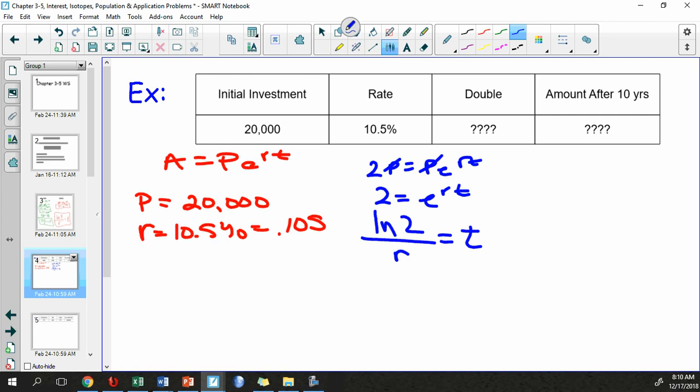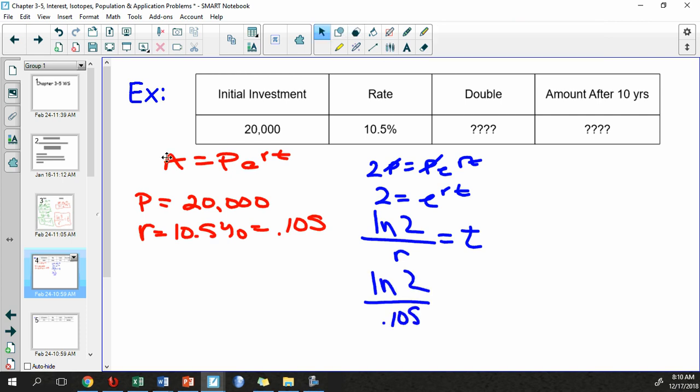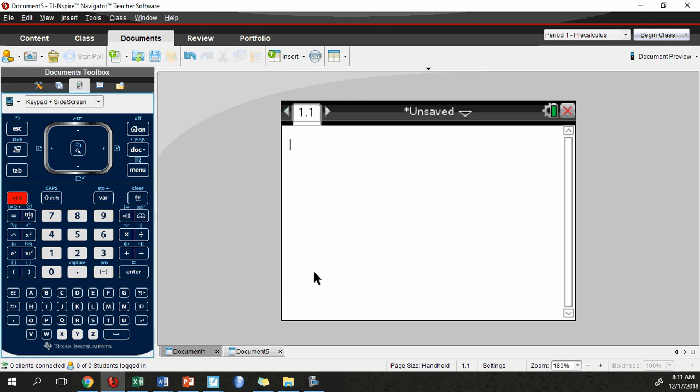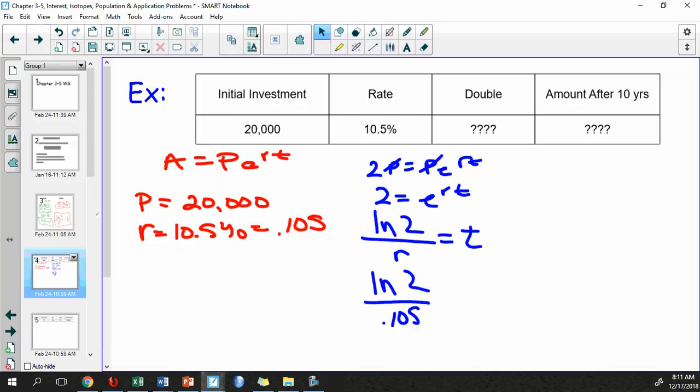So all I have to do is plug in my rate. So the natural log of 2 divided by 0.105. And if I come over here to my calculator and open a calculator page, this is going to be control division key. The natural log of 2 over 0.105, and that's going to give me 6.6. What does that 6.6 represent? It's going to take me 6.6 years